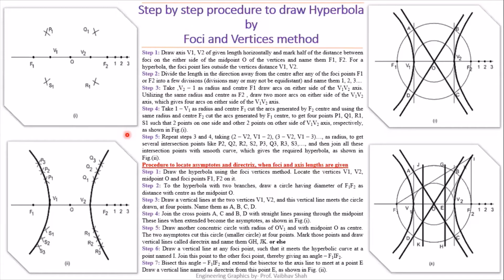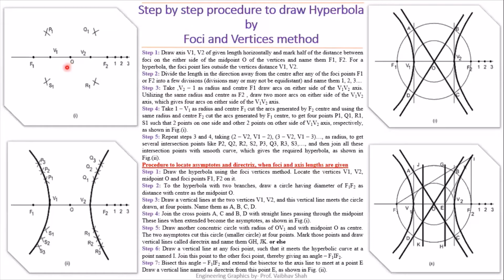Before starting, remember that in this method, to draw your hyperbola, you need two things: the distance between two vertices V1 and V2, and secondly, the focal point distance between F1 and F2. So keeping in mind that we are having two data, we'll start our example. Let us look at figure number 1 on the leftmost top quadrant point. Now we'll be having V1 and V2. So first of all, let us draw the distance between V1 and V2 by this straight line.